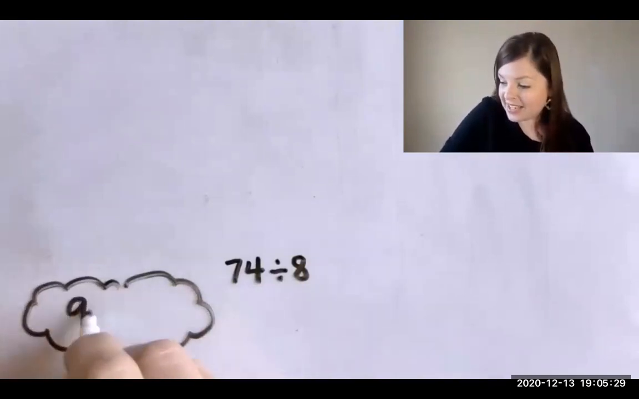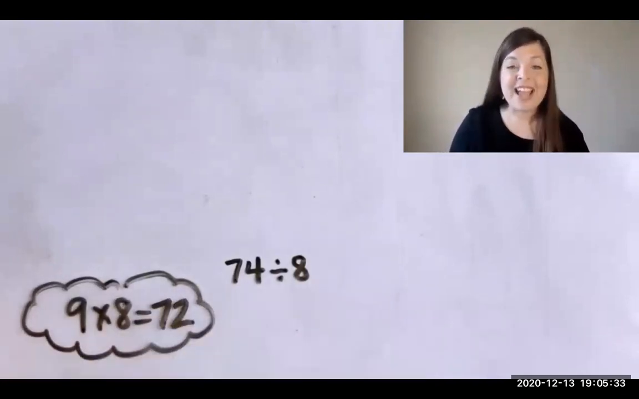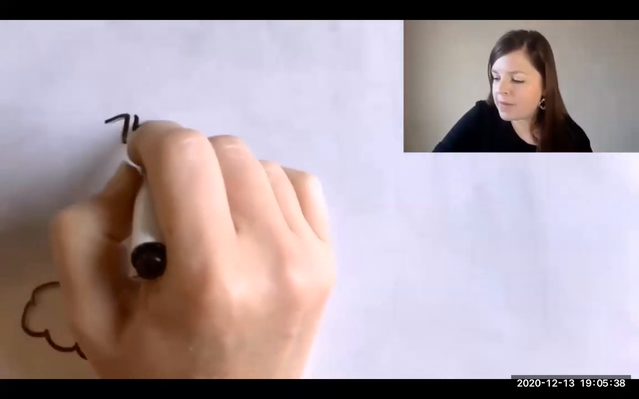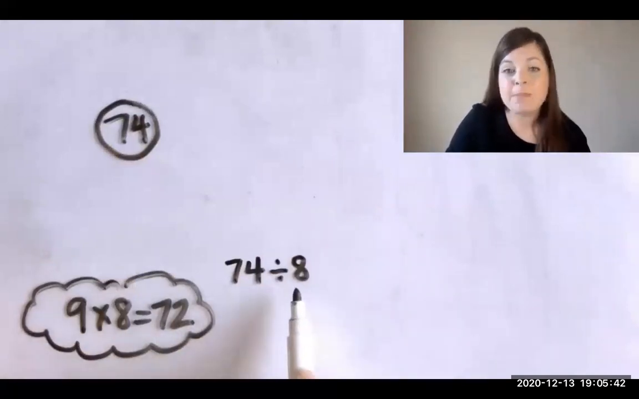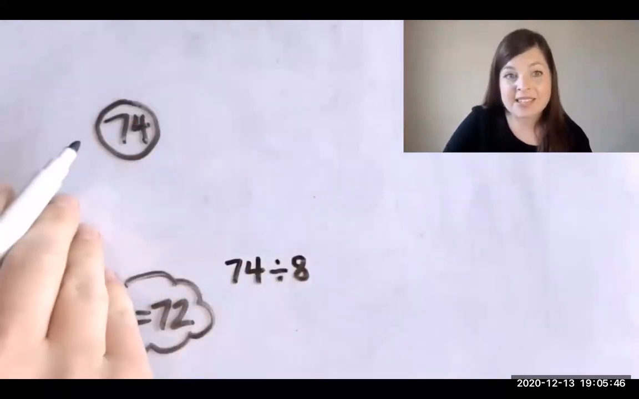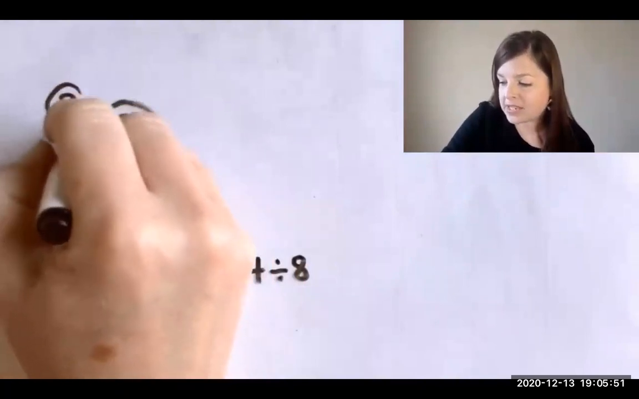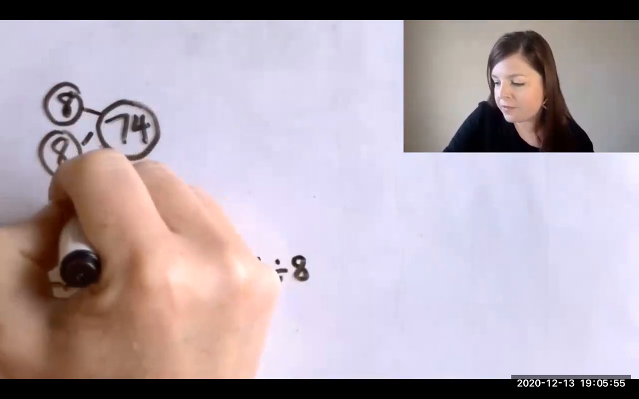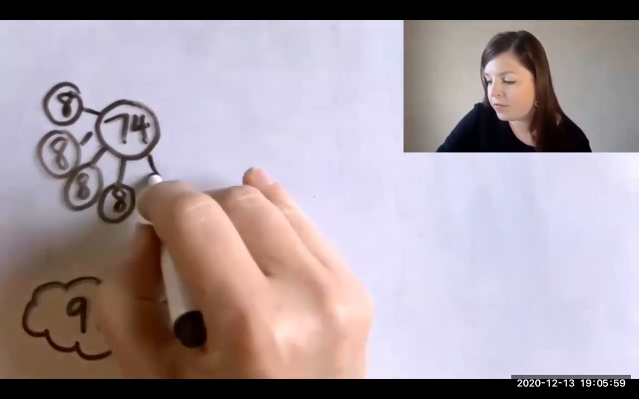I'm thinking of 9 times 8 equals 72. I can show what I'm thinking using a number bond. The whole amount that we're dividing is 74, and I can pull out as many groups of 8 as I can, and let's skip count by 8s to keep track of how much we've pulled out so far. Ready? 8, 16, 24, 32, 40,